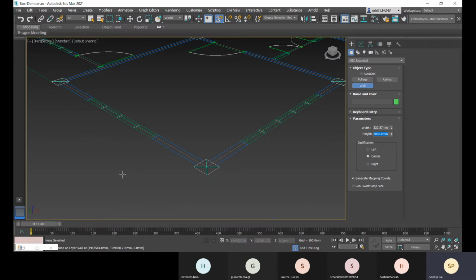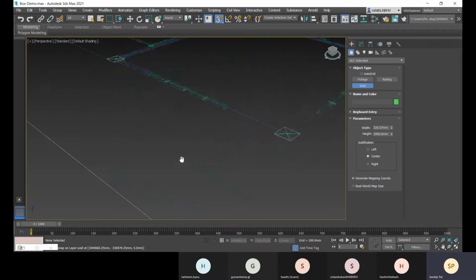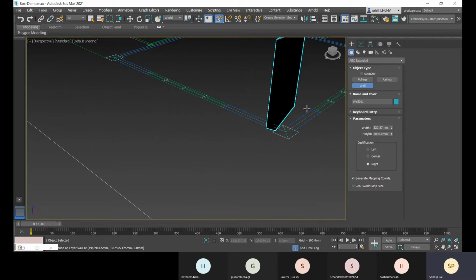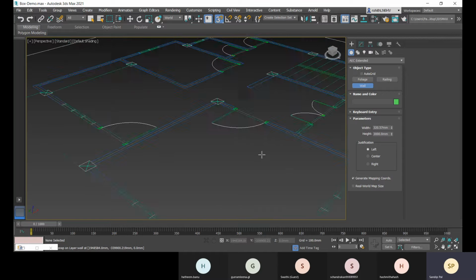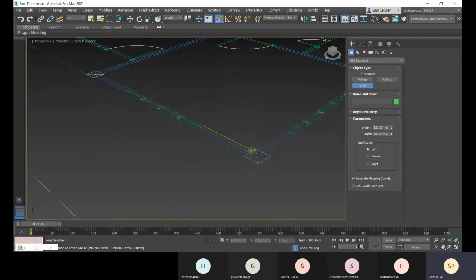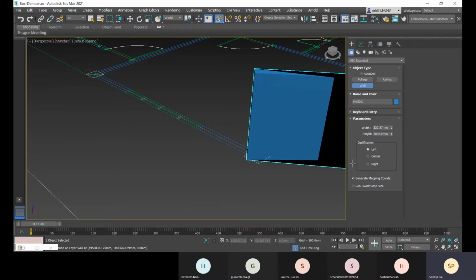And about the justification, so I have center lines, so I can choose the justification center. And if you don't have center line, you can choose either right. So this is going to be the right. Okay. And you can choose also left. So what you were selecting, as per that, you have to go with left or right. Okay, so for this side will be the left, and you have to place it like this.